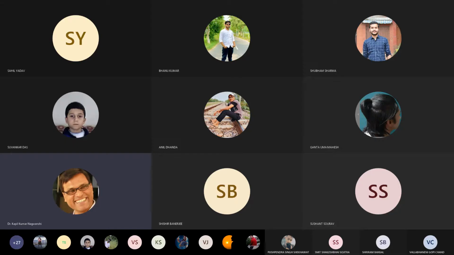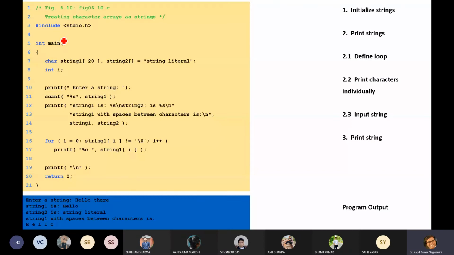So now this is a string, and a person who has joined programming classes can understand how we write a program on a string, because everyone knows what a string is. A string is a set of characters. This set of characters, or array of characters, is known as a string.